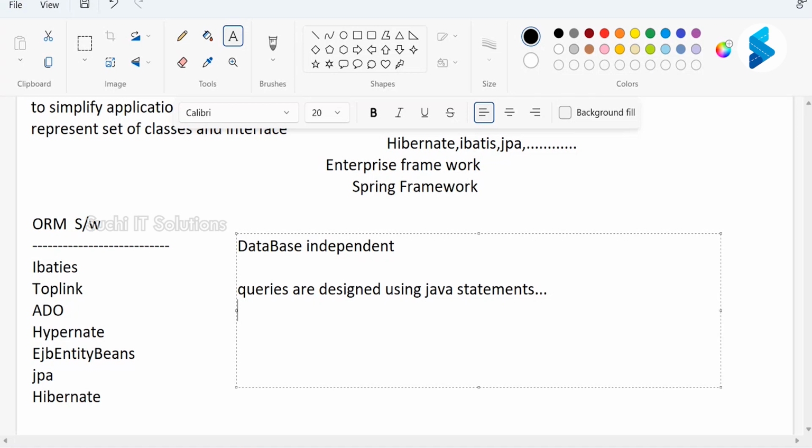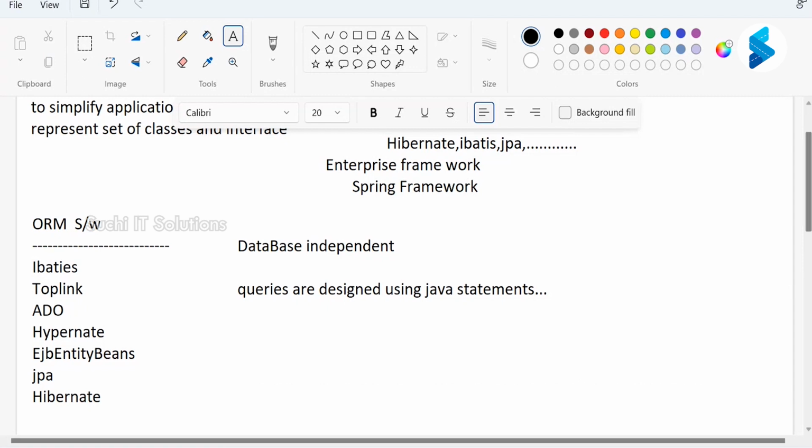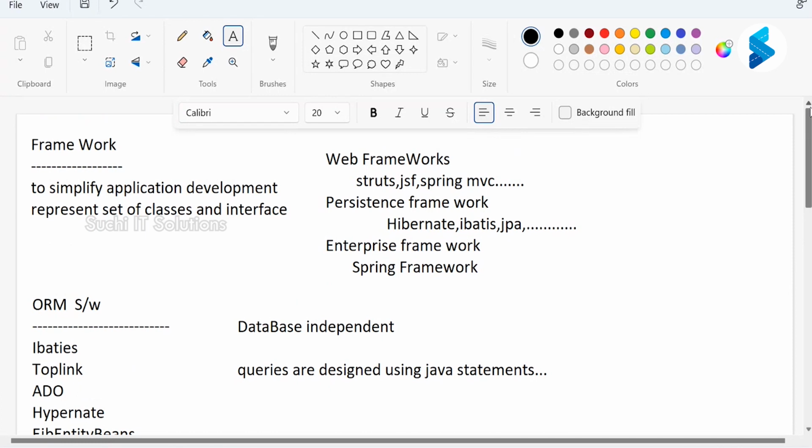It will be provided. What are these things? We'll see them elaborately, guys. What are the points I'm highlighting? We'll see every point elaborately with practicals. If you see the practical, then you will understand. In the evening I'll design the application. So these are the features provided by working with Hibernate. So now the first question, what is Hibernate? I hope you understand what a framework is. Is everyone clear?